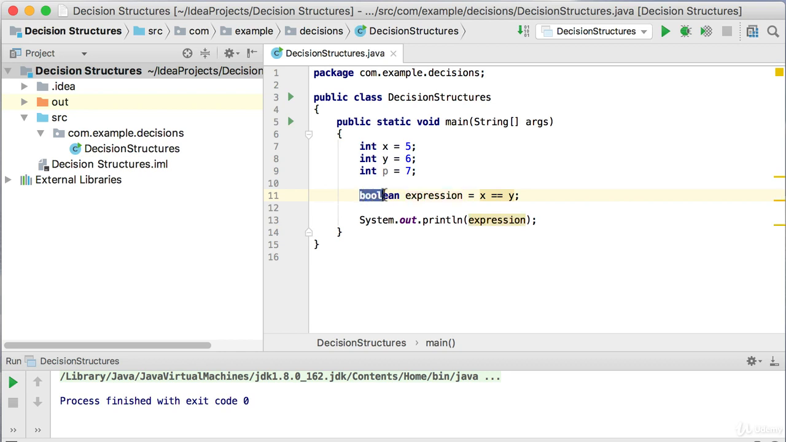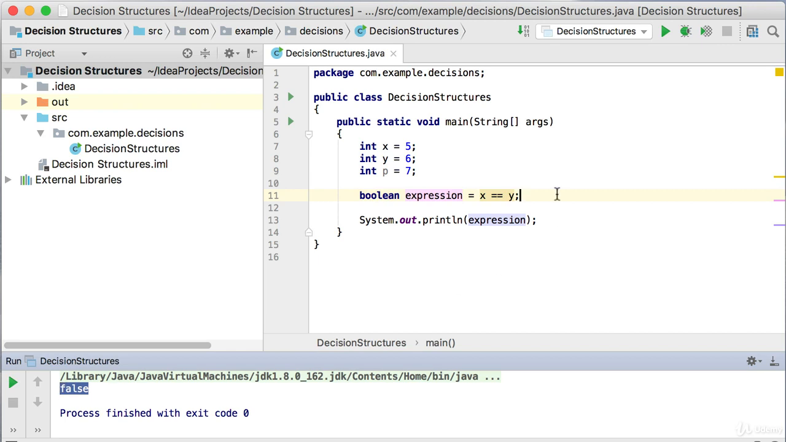Now remember, booleans can only accept true or false, which means that when I print this out, it should either be true or false. So we can see there when we print out, it gives me a false. What we're testing here, on the right hand side, is basically just asking a question: is x equal to y? In our case, 5 is not equal to 6, and that's why it gives me the answer of